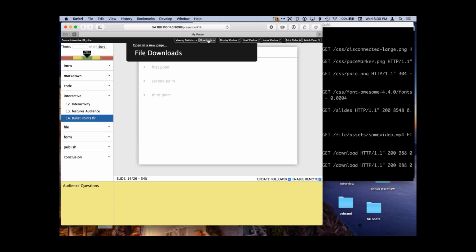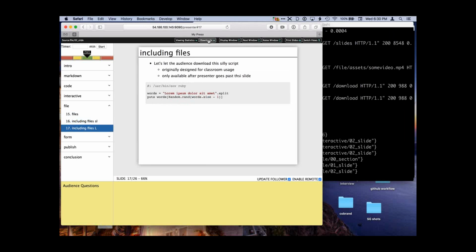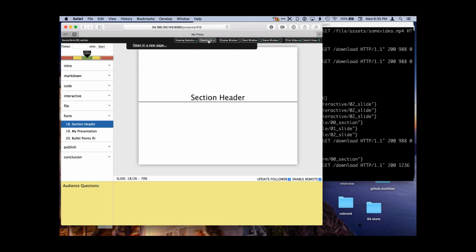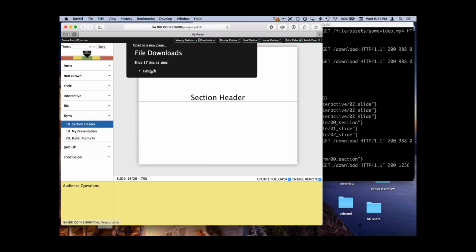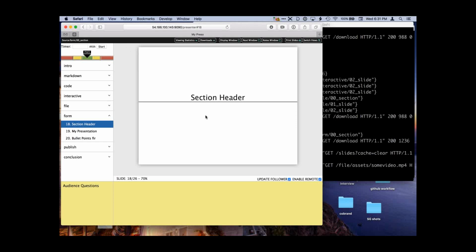Now there are no files to be downloaded, but if I go past that slide, still no files. If I go past one, now it's ready to download. That's something that I'm not particularly happy with, and I'm going to change it in probably the next month so that you'll be able to attach it either to this slide directly, so that as soon as you go to the slide it's ready to download, or download it on the next slide so it's still useful for our classroom usage. But that'll be in the next couple of weeks.